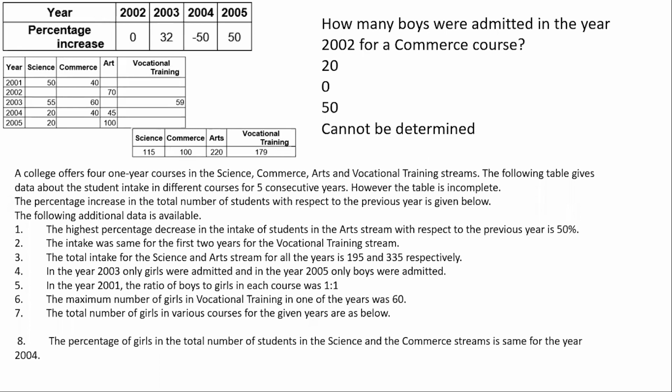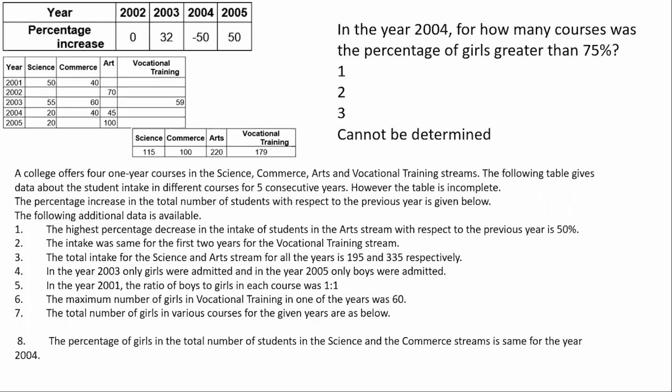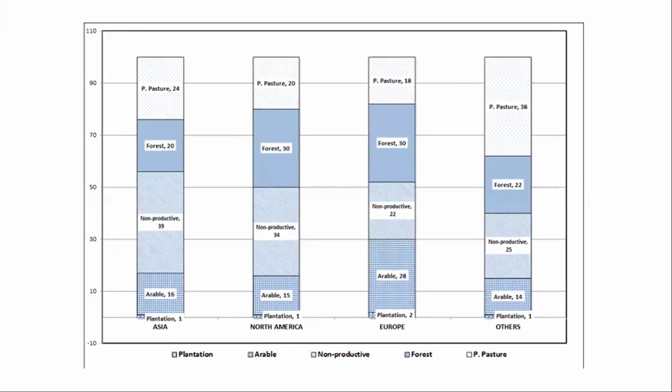The next set is this one. The problem with this set is again lots of data. Questions were not that difficult, but just because the data is too much, I will certainly consider it moderate to difficult. Moderate level, and time consuming. So this set is again something that we cannot depend on, but somebody who doesn't have another option can try this. And the last, the 17 to 20 set, the same problem, lots of data.